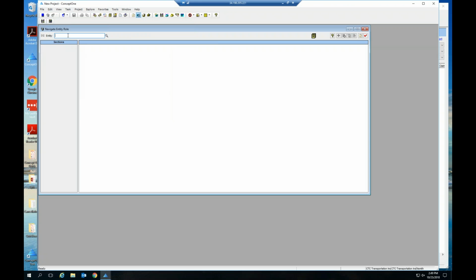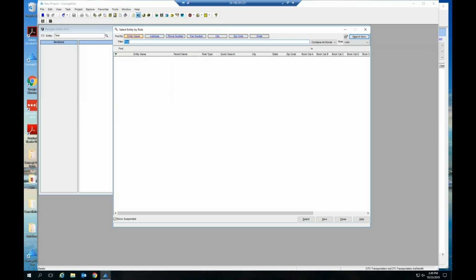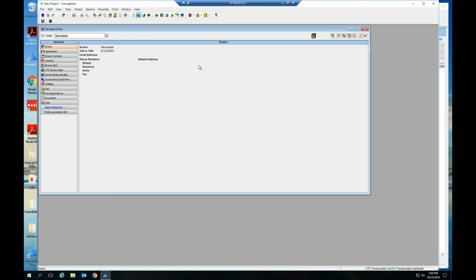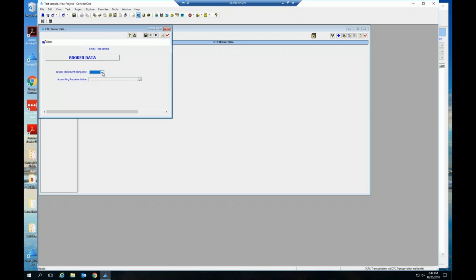There was one part in here that would really help Dina out if you guys could do. Well, it's Dina for now until the underwriters start binding, and then it'll be all the underwriters. In here where it says CTC broker data, just double click on that, and we simply just need a number